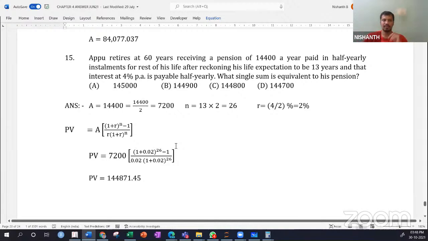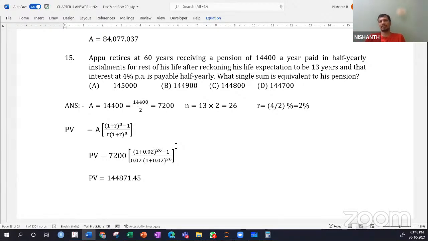This retirement also sometimes comes. Apu retires at 60 years, pension of 14,400 a year paid in half yearly installments for the rest of his life, after reckoning his life expectation to be 13 years. So which means that